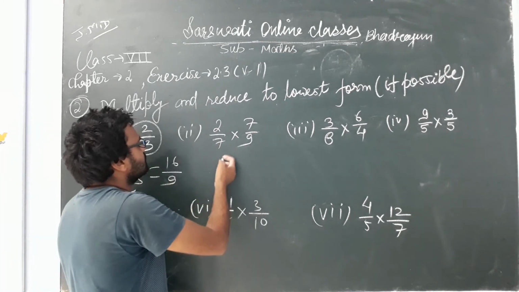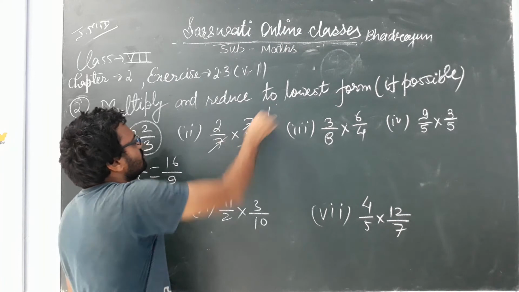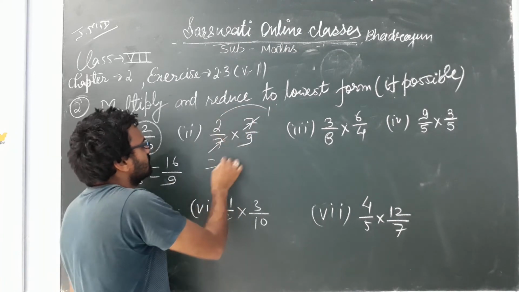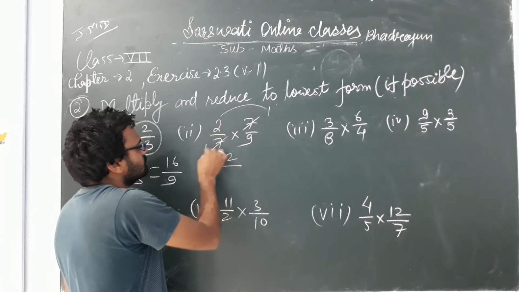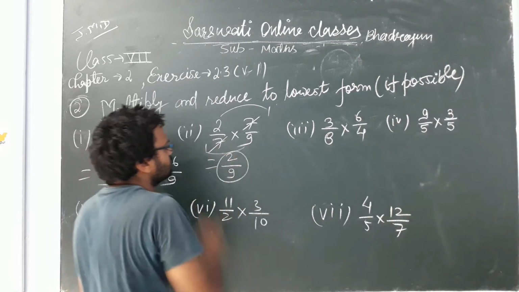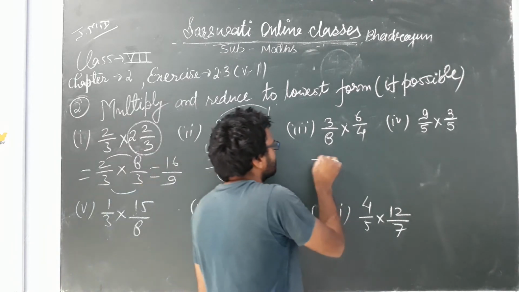Okay. Next one is this one. 7 is divided by 7 we will get 1, 2 1s are 2 and this is also 9, 9 1s are 9. Our final answer is 2 upon 9. Okay. Now our next one is